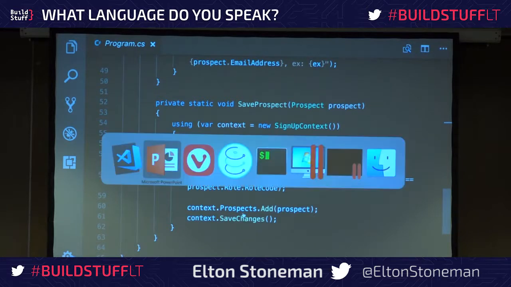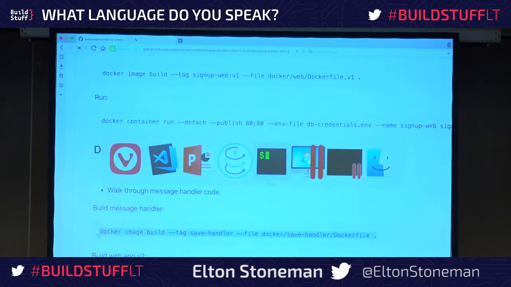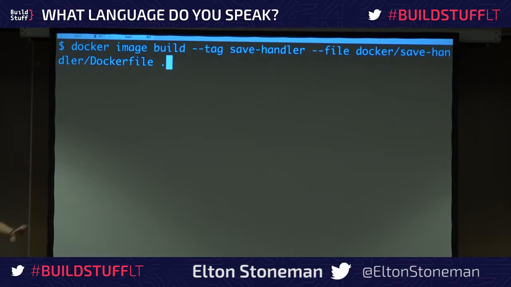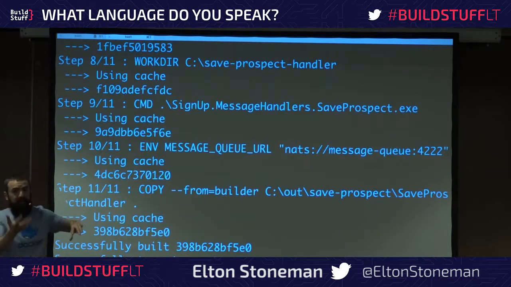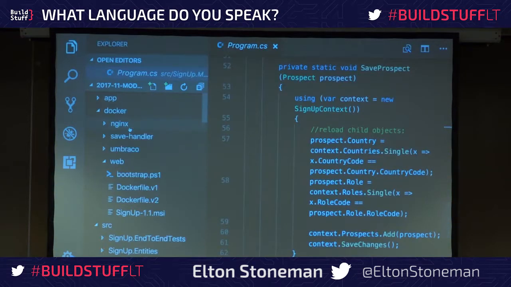Okay, so I need to rebuild some of my application here. What I will first of all do is build this handler, and I'll show you the Dockerfile for that in a second. The handler is the message handler. That's the console app that's going to sit and wait and listen for messages and save them to SQL Server. Again, it's all come from the cache because I've already built this. But the Dockerfile for this is a little bit different than the first one. So the Dockerfile for my save handler,